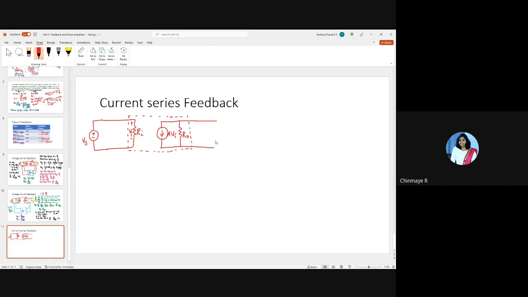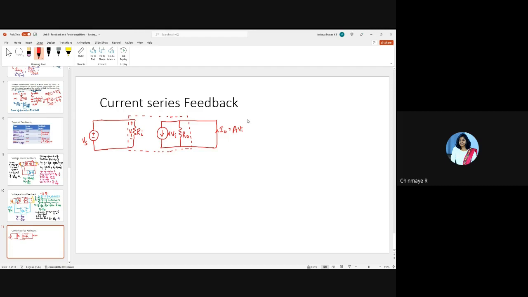So what should I do here in an ideal case? Suppose I do not have a load. I want an ideal case. So when will this be an ideal case? When the entire current A times Vi flows through the output, right? So when will this entire current flow through the output? When I short these. Yes. So this will be an ideal case. So let me call this current as I naught here, correct? So then this current I naught will be equal to A times Vi,